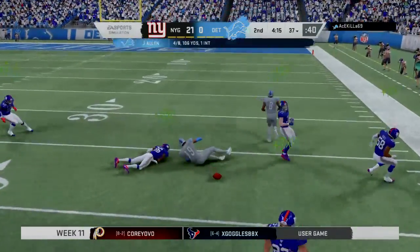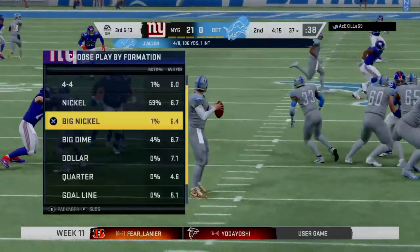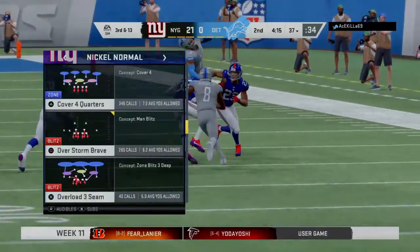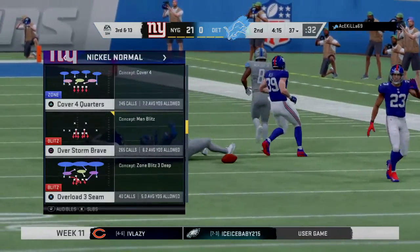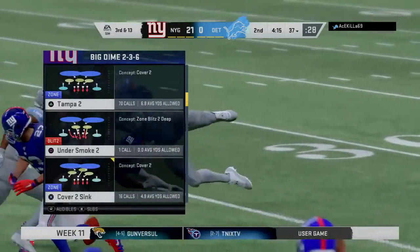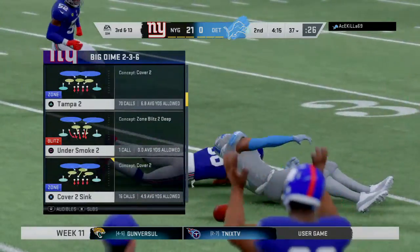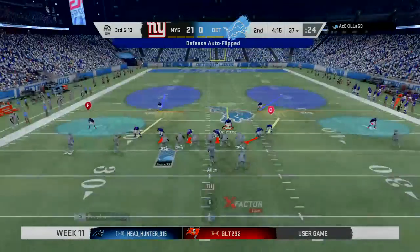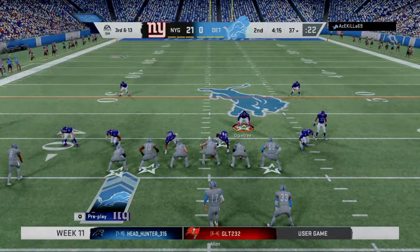And this one incomplete. Too much contact to hold on to that one, and it's 3rd down. Some of the fans here don't seem too happy about what we've seen in this first half. No, not at all, and I understand why. They've looked lethargic, out of sync, and it shows on the scoreboard. An incomplete pass on that last play, and that means they'll need to come up with something here on 3rd